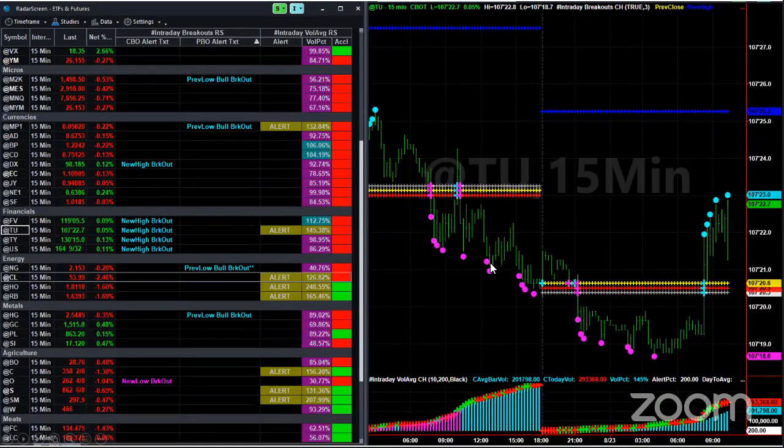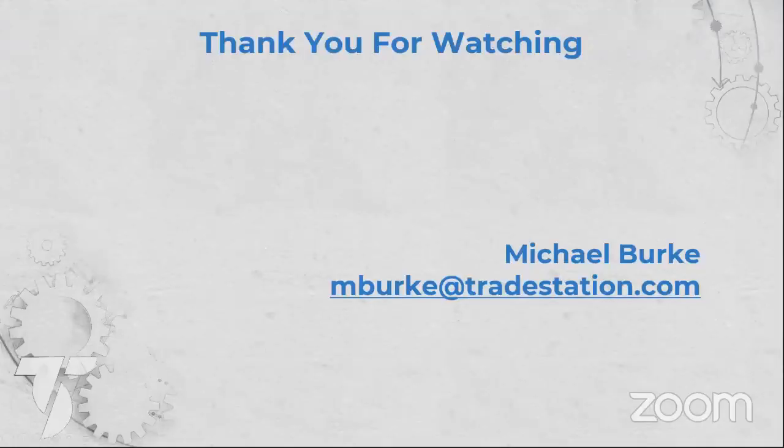So this is radar screen here on the left, showing the different breakouts. I have the breakouts broken down into 2 ways. You have current bar breakouts, which is new highs and new lows, and then you have previous bar breakouts, which is the crossed lines here. So the little dots are the first column here, which is the current bar breakout, and it looks for new highs and new low breakouts. So here, if I click, oops, okay,